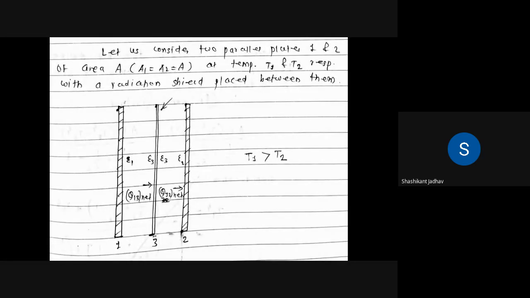Okay, so this is the actual diagram. For this diagram we have to calculate the net heat transfer: the heat transfer from plate 1 to 3, then the heat transfer between 3 to 2, and actually the heat transfer takes place between 1 to 2. In this diagram, if we put in the radiation shield, the total heat in the system itself is